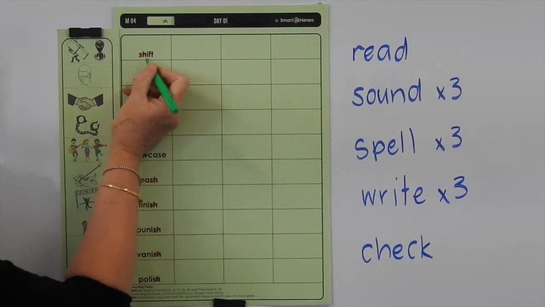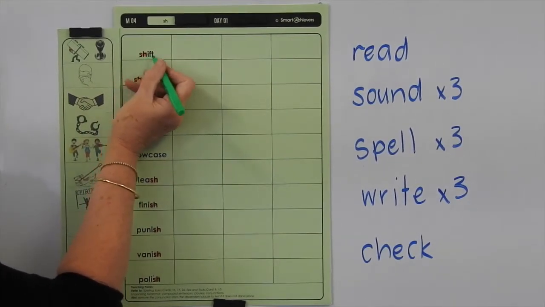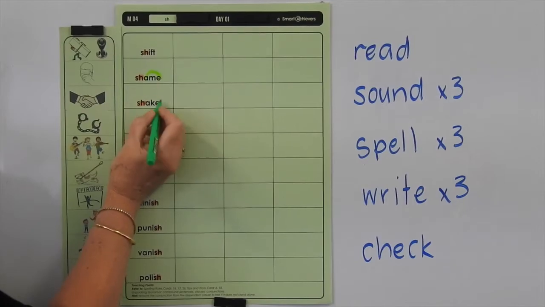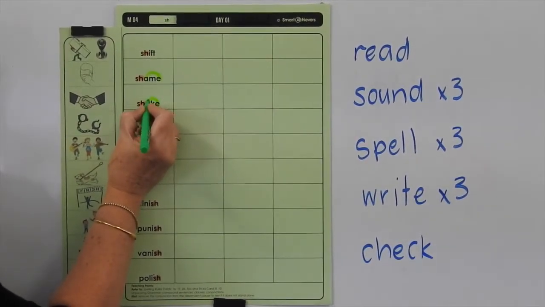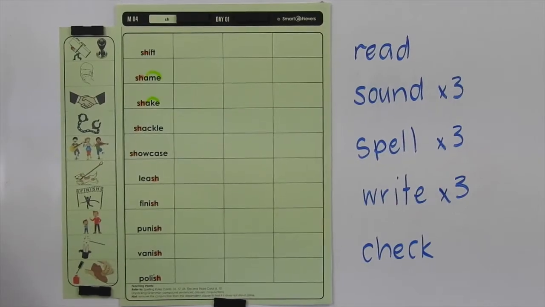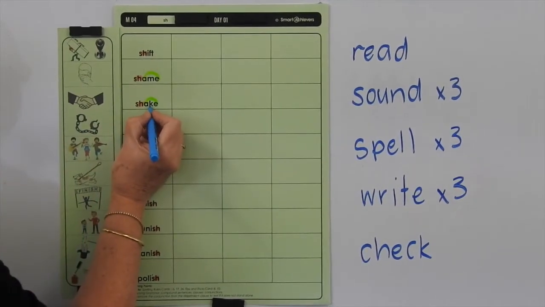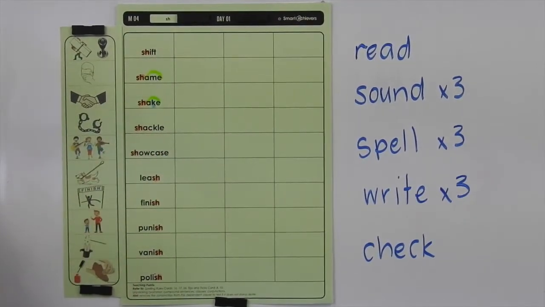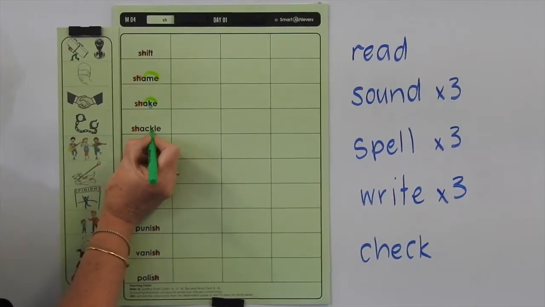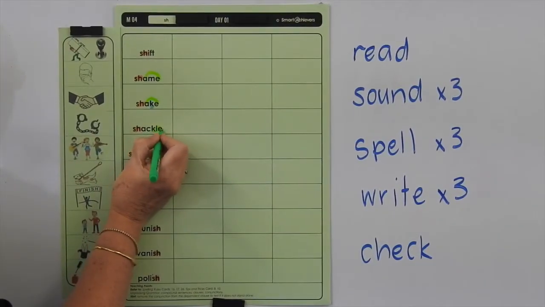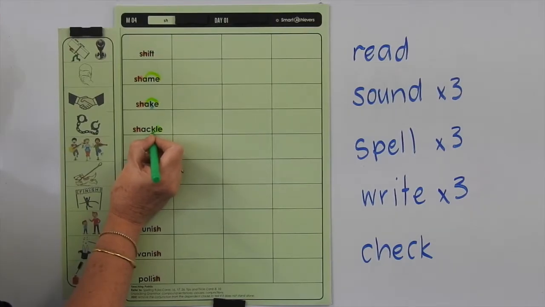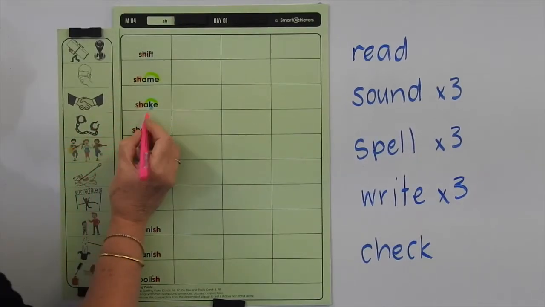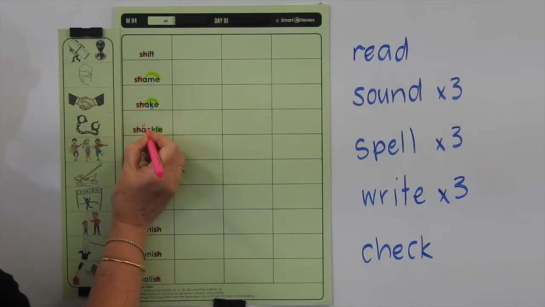Sh, i, f, t, that's just 5 letters for 4 sounds. Here we've got the E making the previous vowel make its long sound, the E making the previous vowel make its long sound, and because we have a long A sound there, we know that we use a K after a long vowel sound. Now shackle, we've got a stop sound here, that's why we're using the LE after a stop sound, so we've talked about stop consonants previously. The other thing we have here is we have a short vowel sound, so we know we use CK after